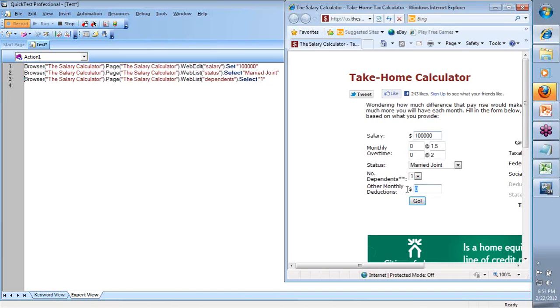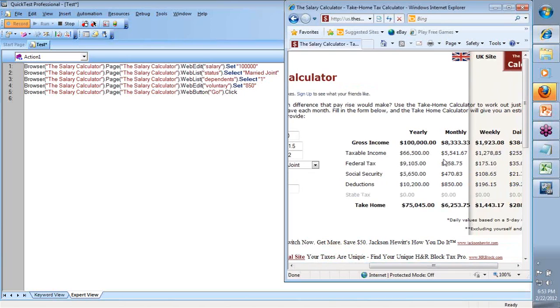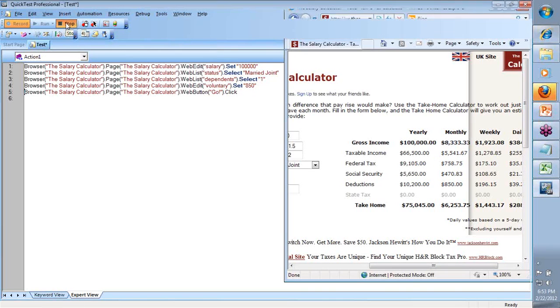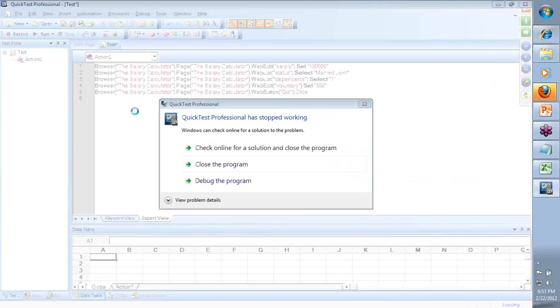Okay, and we've put something like $850 out here. Finally, what we did is we clicked on the go button. These 5-6 steps that we performed is now giving us the result. And QTP has learned the execution of these steps at least to input data. Now, if I stop the test, what QTP has done is it has learned the ways to,